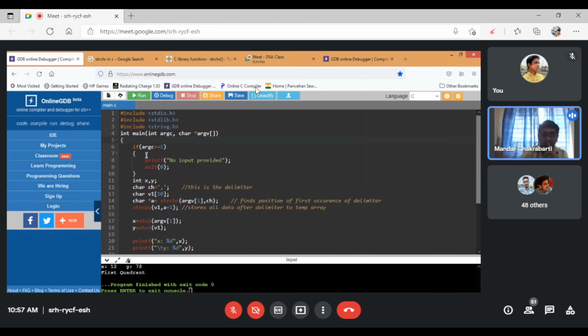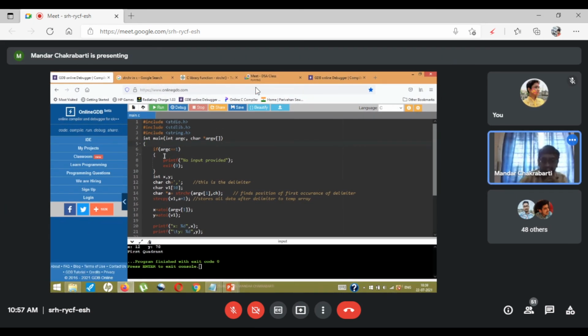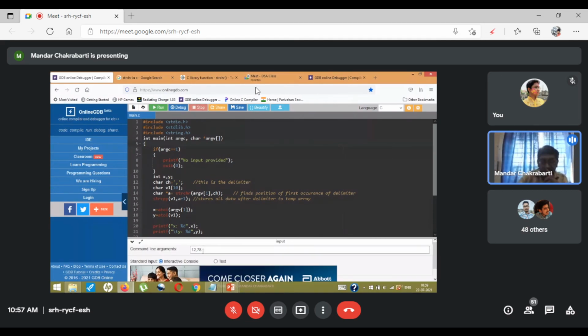First of all, that comma is our delimiter. With this program, this is my data entry. 12 is the first value, x, and 78 is the second value, y.